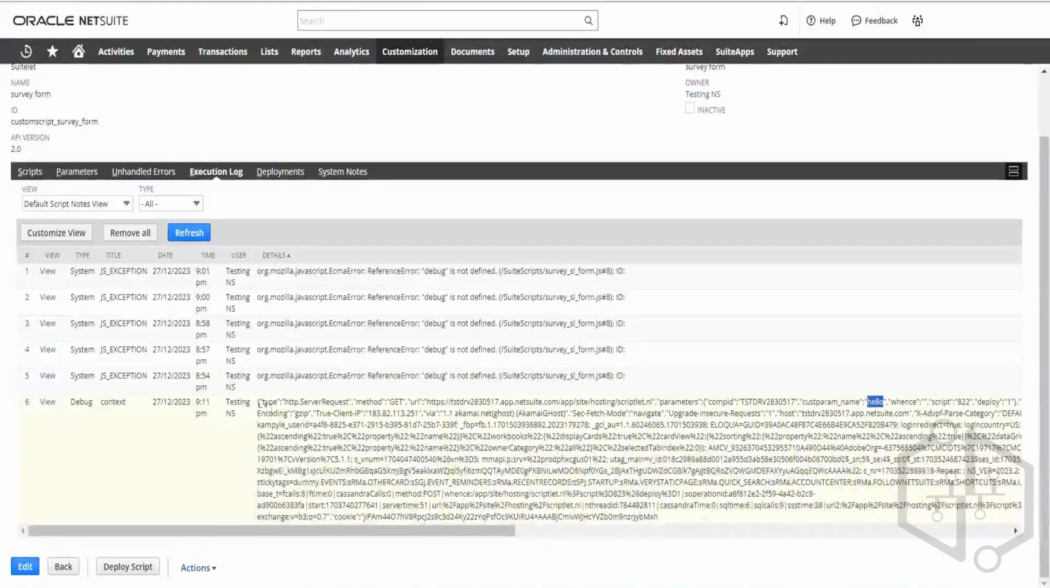This is simple JavaScript you can use. So in the context, there's some parameter object that you can pass. Okay, this way you can get this parameter in the script. But how do I